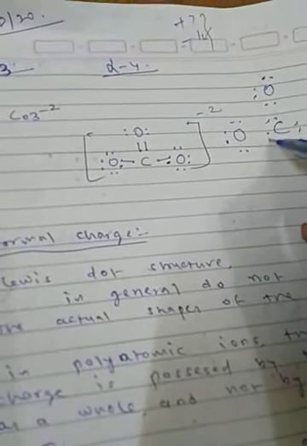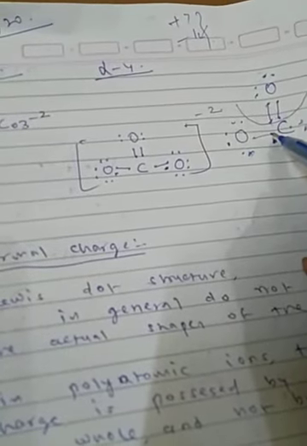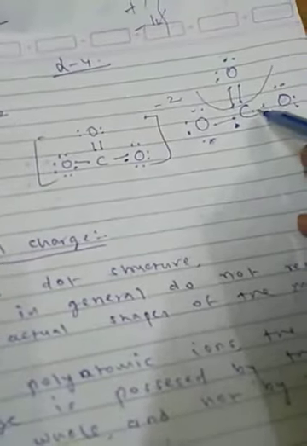1, 2, 3, 4. Okay. Now you have to show the bonding. One bonding and second bonding. Okay, so 6, 2, 4, 6 and 8. In this way this oxygen is going to complete its octet. Now for this carbon 1, 2, 3 and 4. So 1 you are showing here, 1 here and 1 I am showing here. This will make a single bond. 1 here and 1 from here will make a single bond.